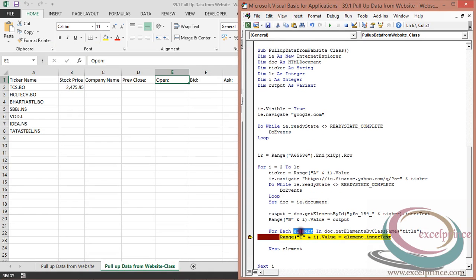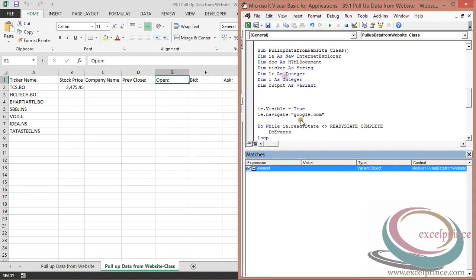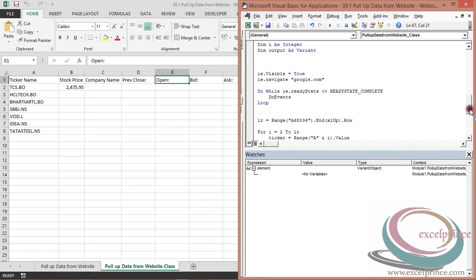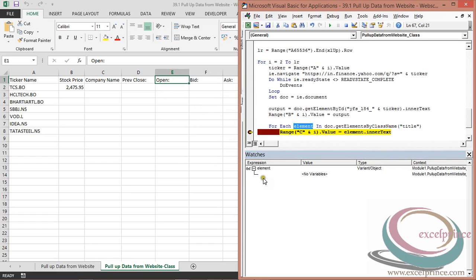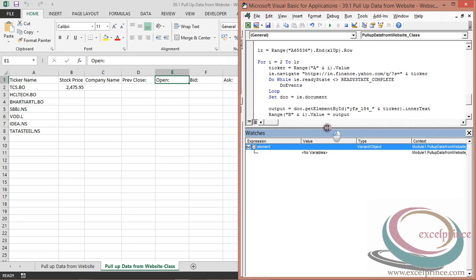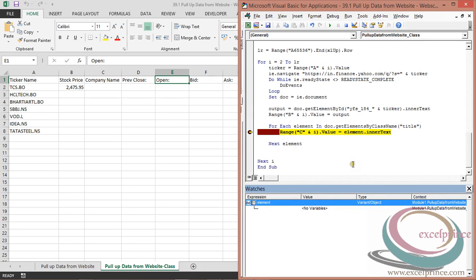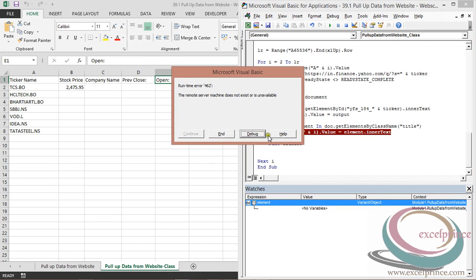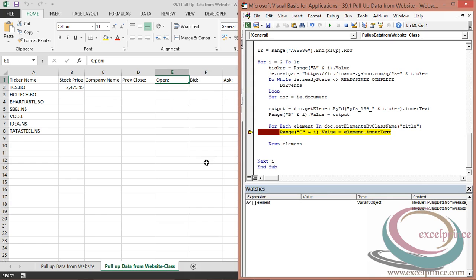So I'll put my element into add watch, clicking OK. So if you see, this is my element object. Let me check. It's not showing something maybe. Oh, I have closed that one. Sorry, I have closed the web page.